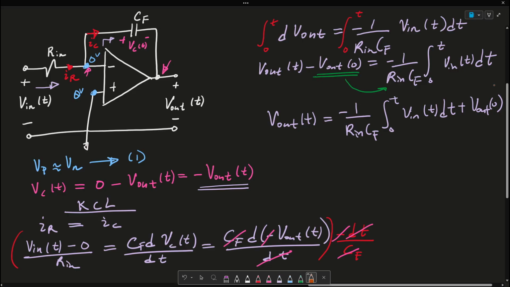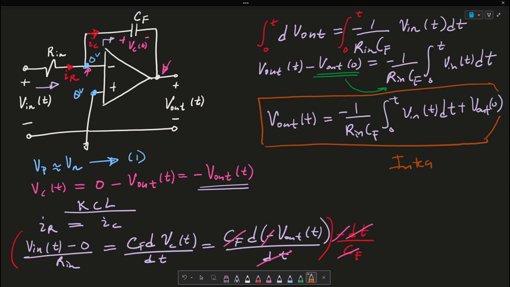And this here is the final equation for your integrator